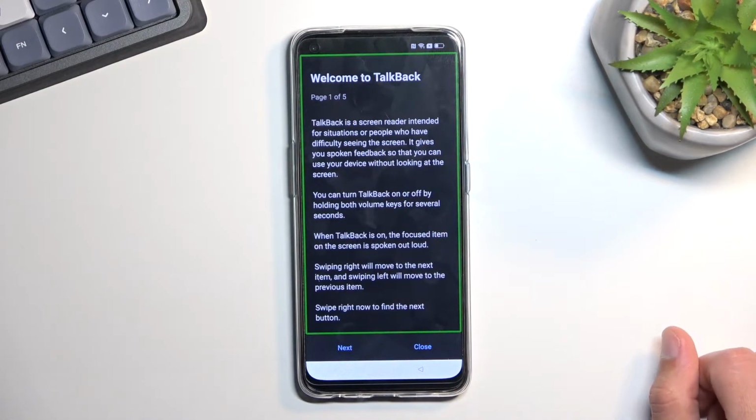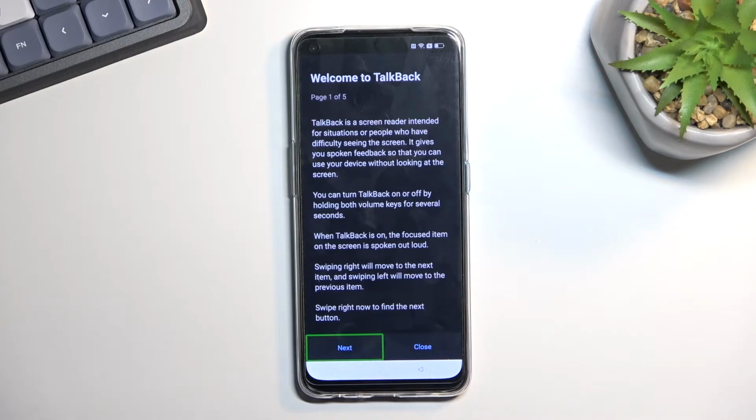Now with TalkBack enabled, the display will work a little bit differently. So now you first have to tap on things to select them, as an example, next. And then if you want to actually confirm the next button, you double press on it instead. But you first have to always single press to select it. Now, when you have this